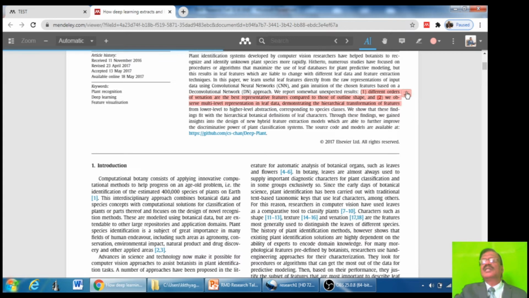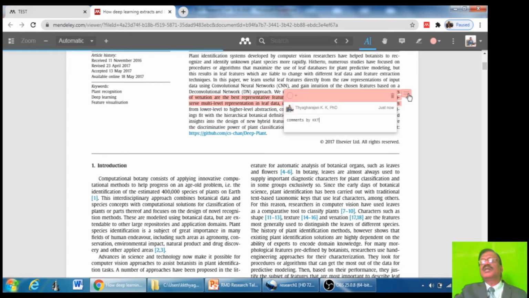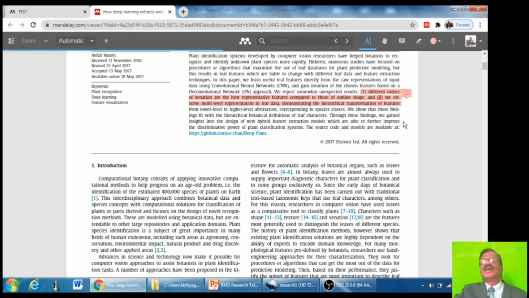Now you see this comment box has been attached with this one. If you want to see the comment, you can click on that, you will see. Again, if you click on that, it will disappear.